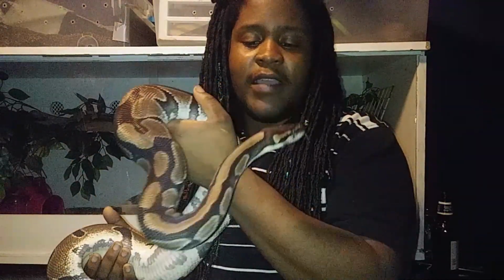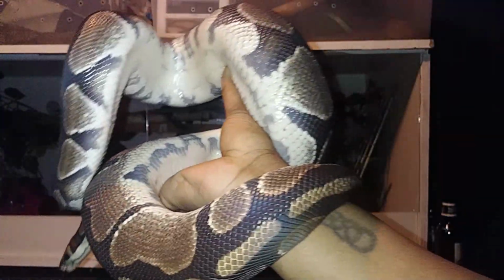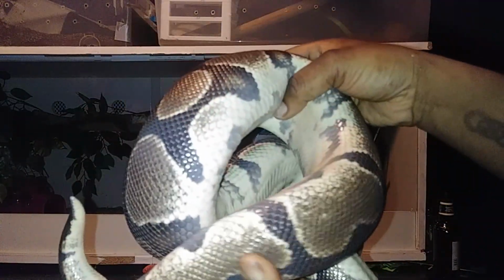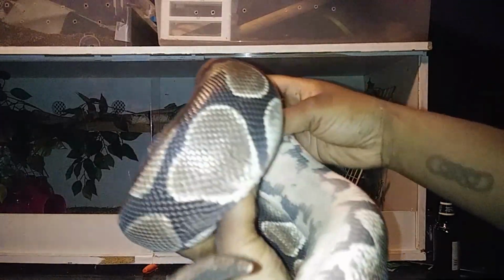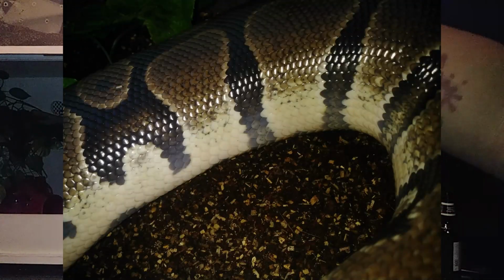It's usually something that helps me identify a snake is about to go into shed even before the blue usually shows up. So right here we have Zeus, my ball python, who is currently going into blue. If you can see, let's try to get up close to the camera here so we can get a shot of what I'm trying to show. I'm not sure if it's showing up. It's probably getting washed out a lot by the light, but I hope you can sort of see it. Either way, if you ever notice that your snake's belly is getting a little pink,